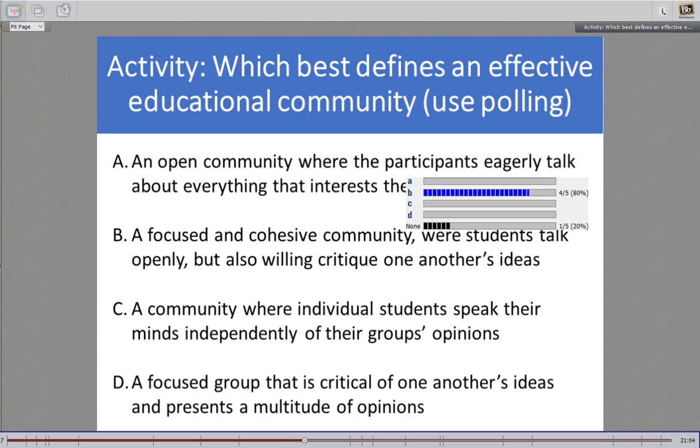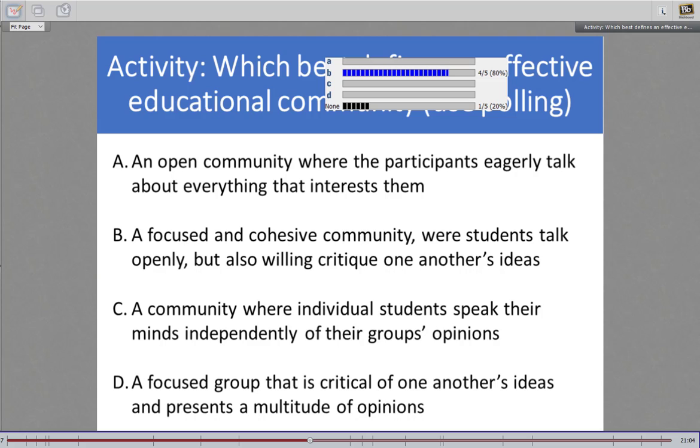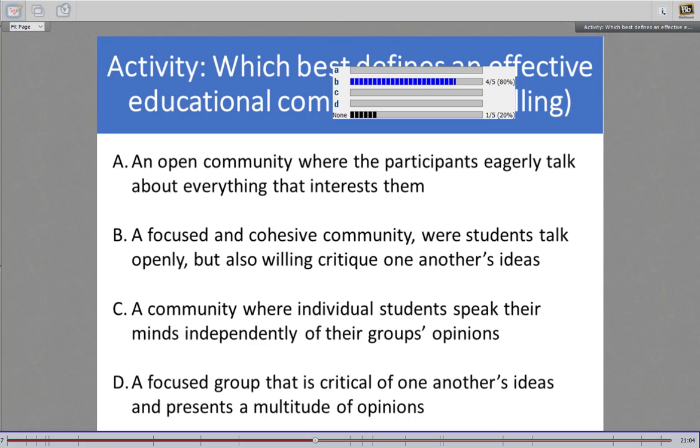All right, Jill, you want to add to that, please? Yeah, so similarly to what Caroline said, and also the important thing is they're willing to critique one another, which is fine as long as they're able to do it in a way that is effective, not harmful, and respectful to each other. It's a good way for them to share their ideas and also critique what each other has to say.